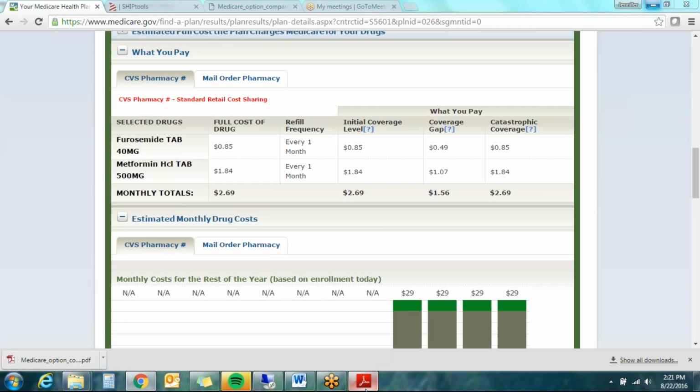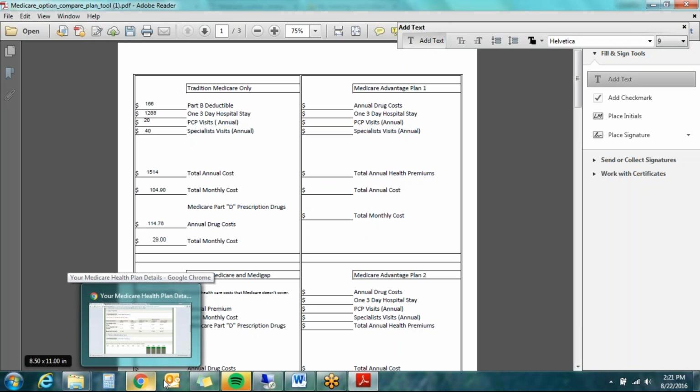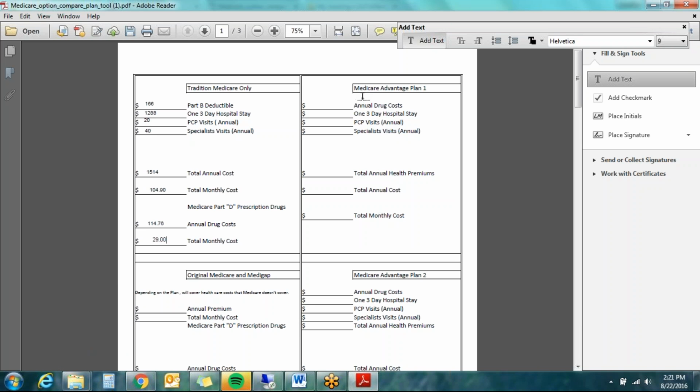Now, let's go back to that first sheet that we started filling out. We started filling out the traditional Medicare only side. We kind of have those costs in. And so this is where you can start filling in the blanks with the Medicare Advantage plan. So the annual drug costs, let's say this plan 1 is Harbor. At Harbor Medicare HMO, the annual drug cost,